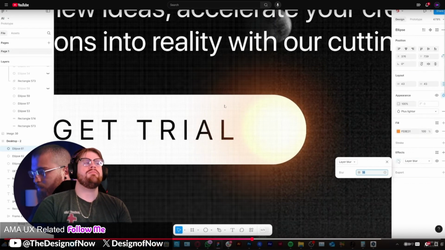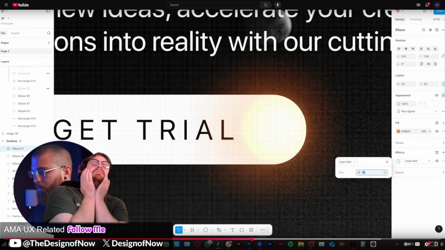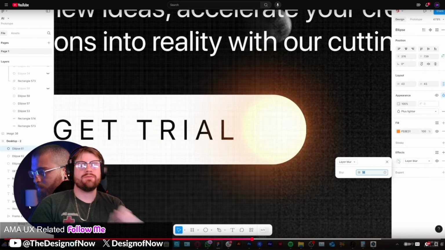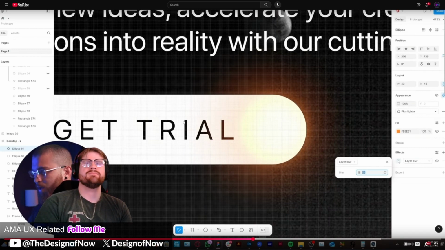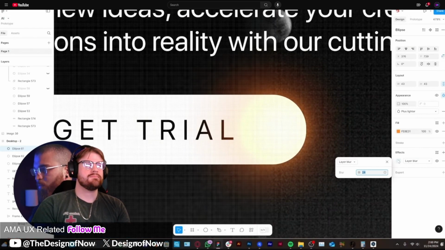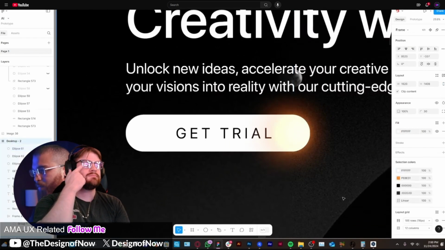It's killing me that he's not grouping any of this. Look at this off to the side. It's all just loosely stacked. Oh, I hate that. I hate it so much. You're not grouping anything. That's painful. Blur effect on it to dissolve a little bit more the edges, and we kind of have the